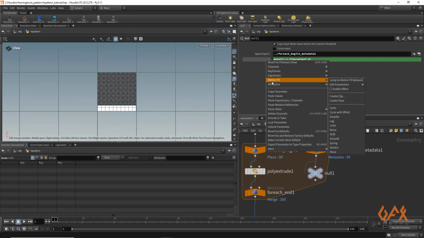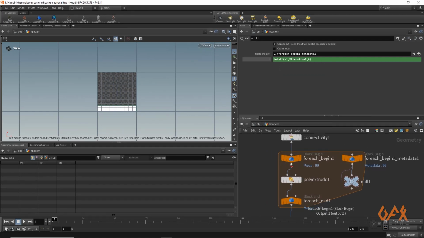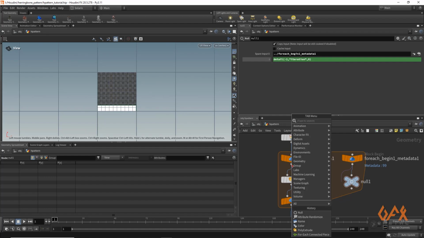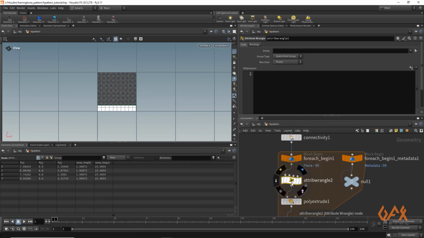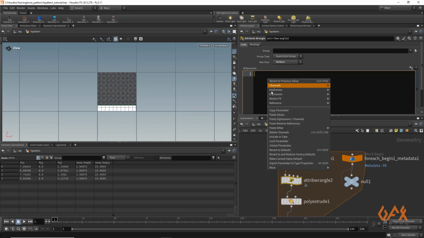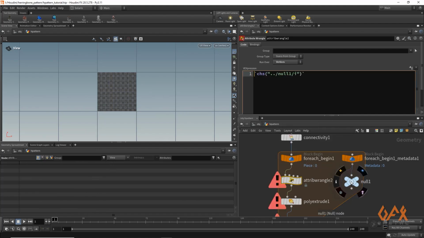So now I just copy this parameter, and here I'm going to create one attribute wrangle. Now as we store our UV information in vertices, it is preferable that you run this particular expression on vertices. So I just right click and paste relative reference. So basically it calls that iteration information, and I'm going to store that into one variable.